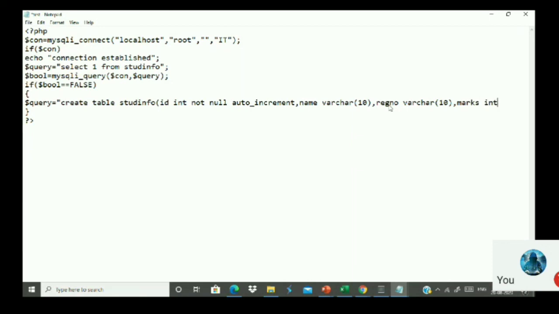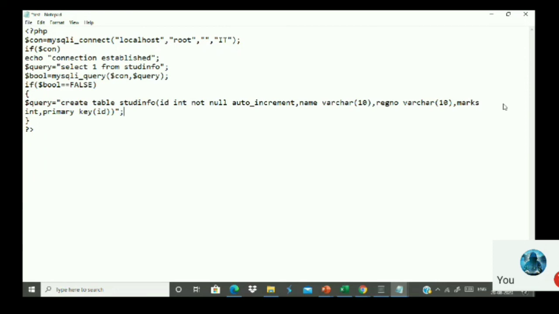So now I have 4 parameters here. One is auto increment parameter, but the remaining 3 are ordinary parameters. But the problem here is whenever I declare any parameter as auto increment parameter, that parameter should be a primary key. Okay, so I have to mention what is the primary key here. So this is the last parameter, isn't it? So at the end of this parameter, I have to write like this: primary key. And what is the primary key here? ID is called as primary key. So close this. That's it.